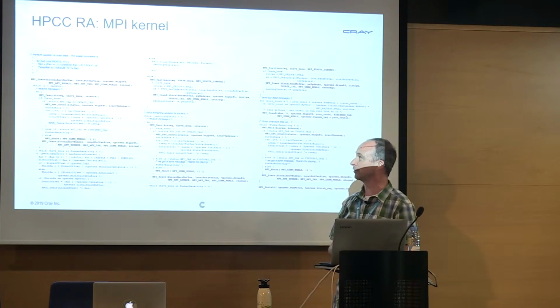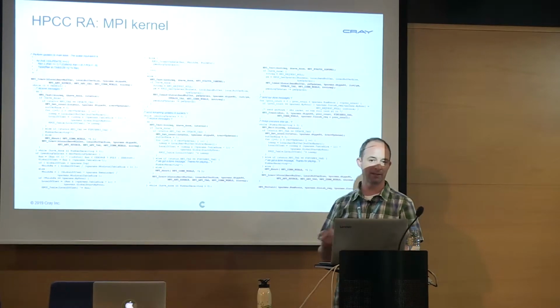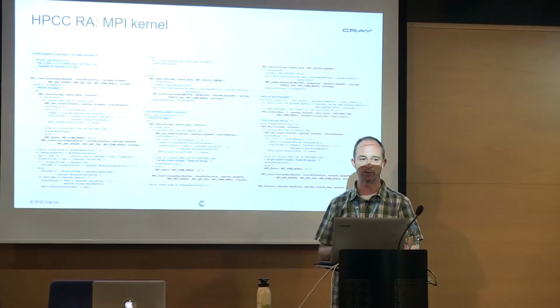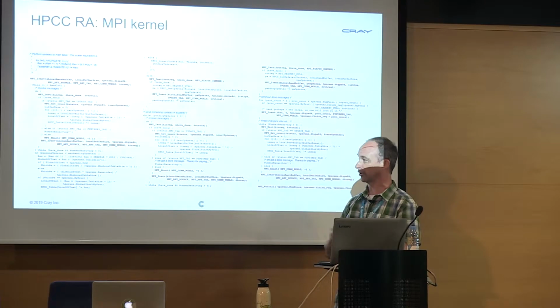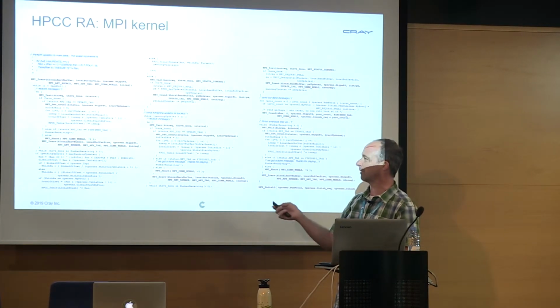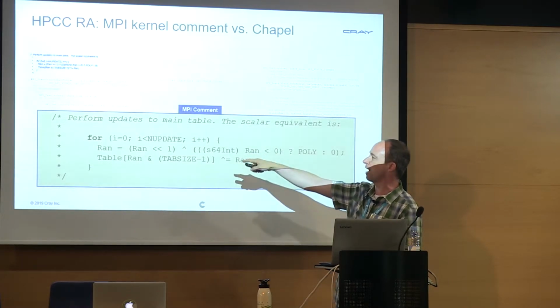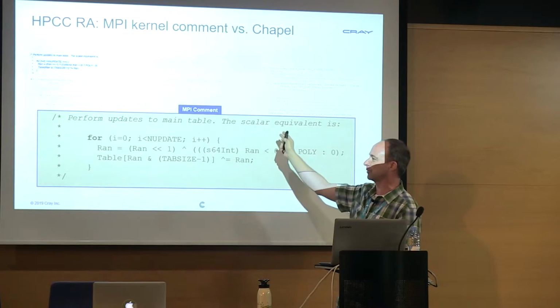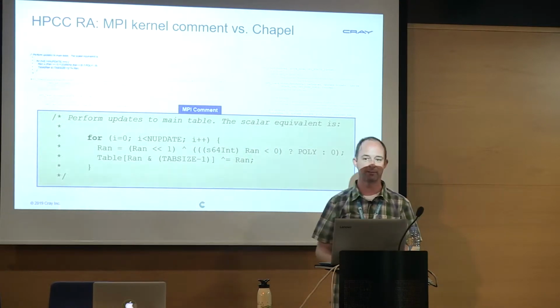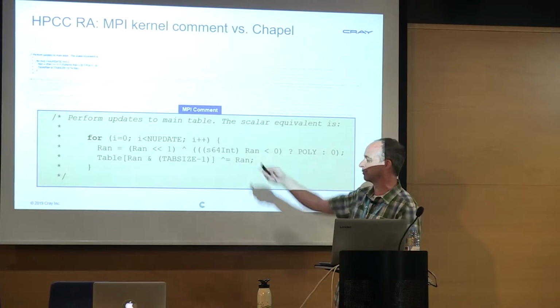So again, this is the reference version of the implementation in MPI. You can see there's more code here, and in particular more MPI code in red than there was in Stream. That's not surprising. It's a slightly more complicated benchmark. There has to be communication in order to communicate all of these updates across the nodes. And I think what's interesting about this code is if you zoom in on the top up there, this is a comment that basically says, these 3 columns of code are basically doing this update to this table. Right? So let me explain to you what all this MPI code is doing with this small comment.